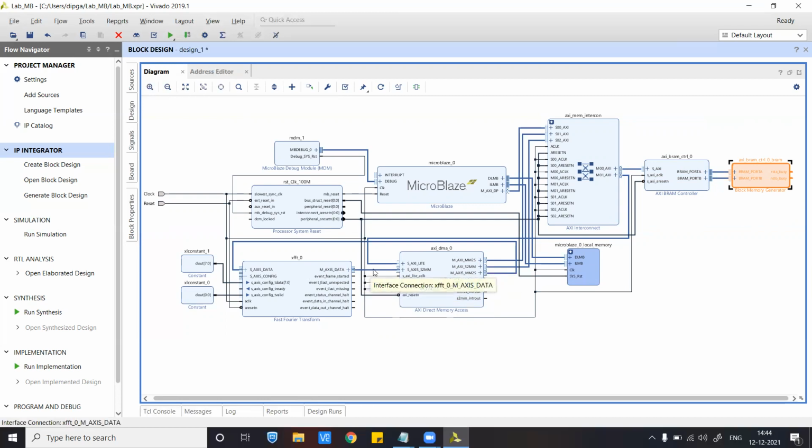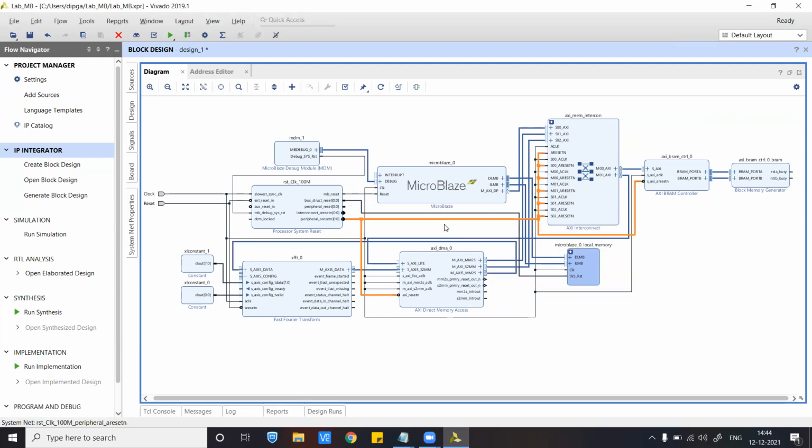The FFT output will be coming from this port, so this S2MM port in the DMA, and this input of the XFFT will be going from memory map to stream. This is the master memory map to stream, and you will have a memory map to stream AXI as well. So this is how we are configuring our design.